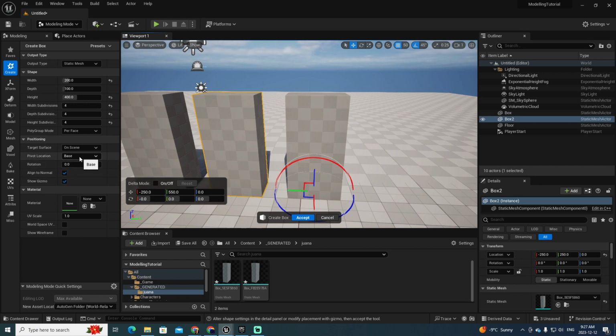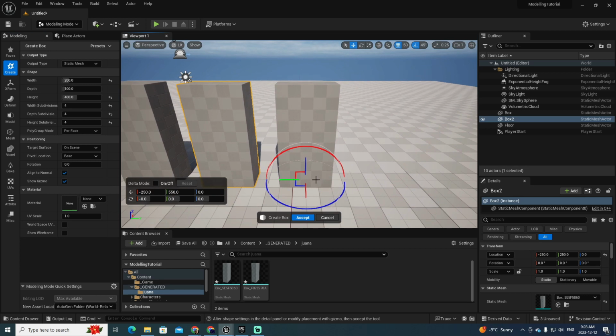Now, other elements that could be interesting are, for example, the align to normal. Align to normal in this case means that when this object is created, if you have a surface, let's say like a mountain, and you try to place the object over the normal, then it's going to bend a little bit over that surface. Show gizmo is the reference for you to have the possibility of moving the object in different positions or in different rotation. And this, I have to tell you, are the most important elements for me